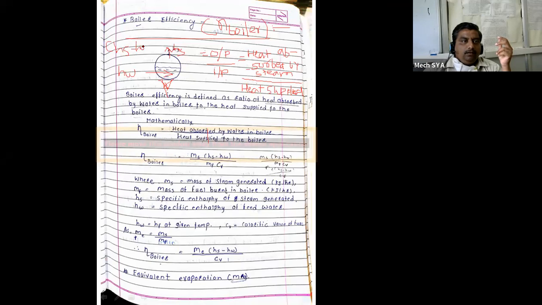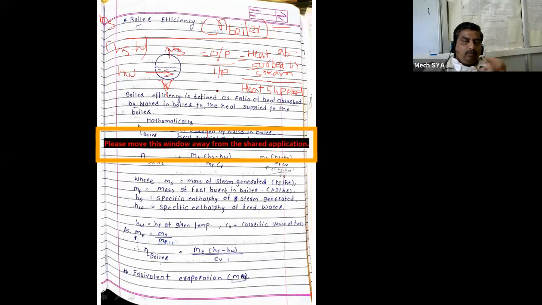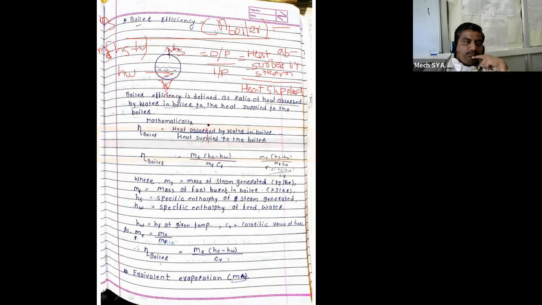HS minus HW. And if we consider that MS amount of steam is generated from the boiler, because we know MS upon MF, the total heat absorbed by the steam having mass MS is equal to MS into bracket HS minus HW. This is the total heat absorbed by water in the boiler, divided by total heat